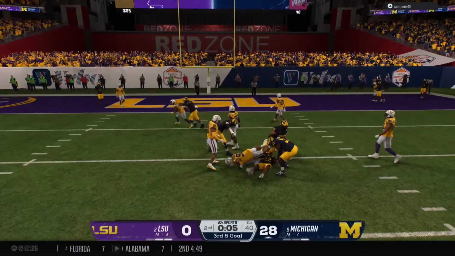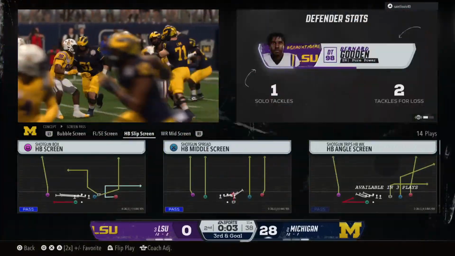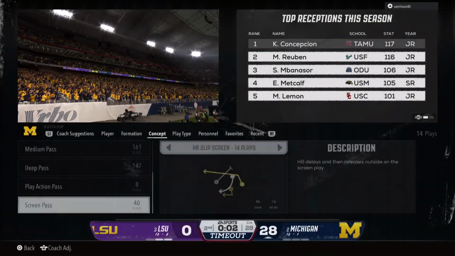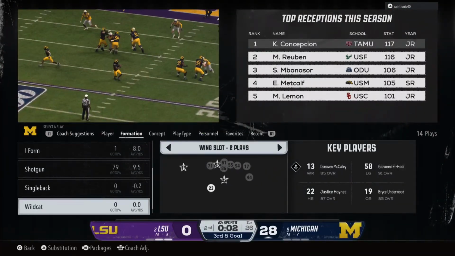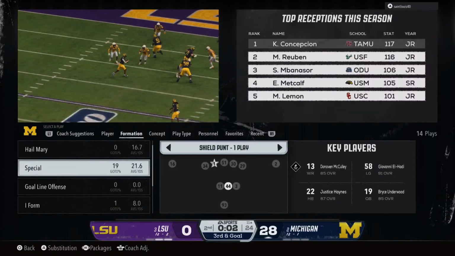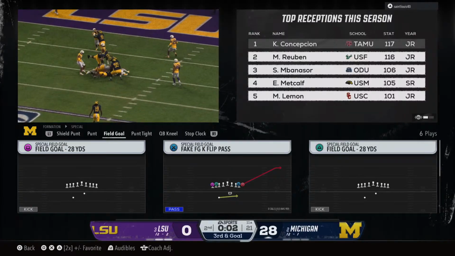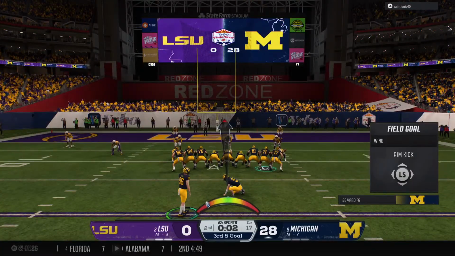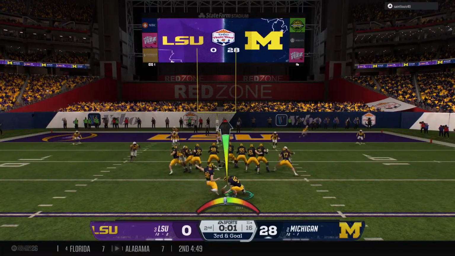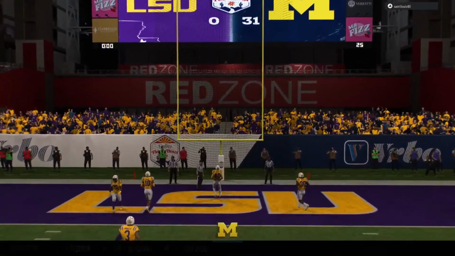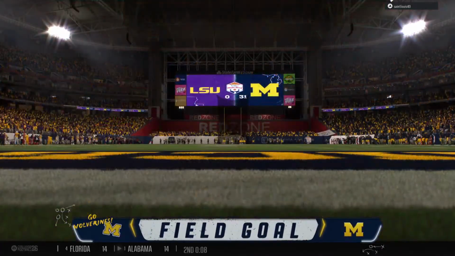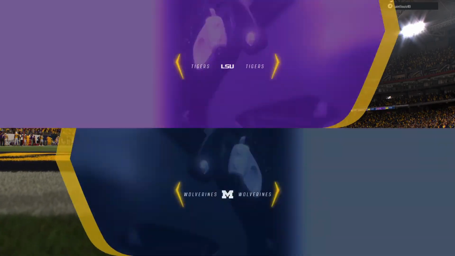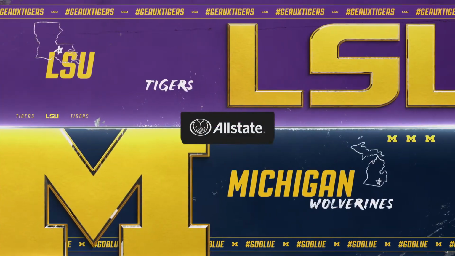Grab behind the line. It's Haynes. Stopped right there at the line. No gain. The offense calls a timeout here. That's their third and final of the half. So with only a few seconds left in the half, out comes the field goal unit. The field goal is good. And they add to their lead. Miller's going to wrap up the first half here. Let's kick it down to Kevin Connors with our halftime update.